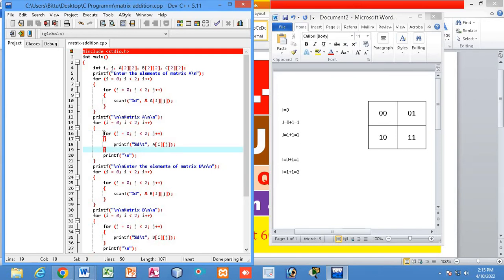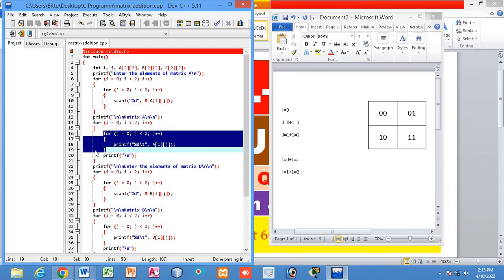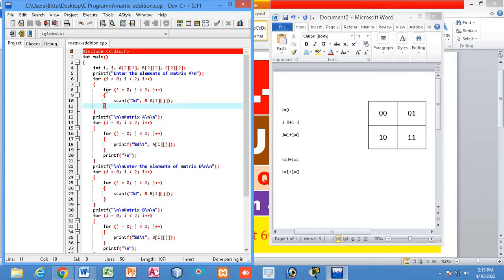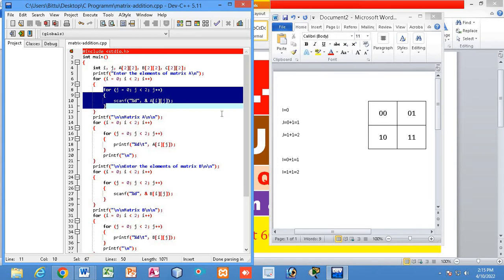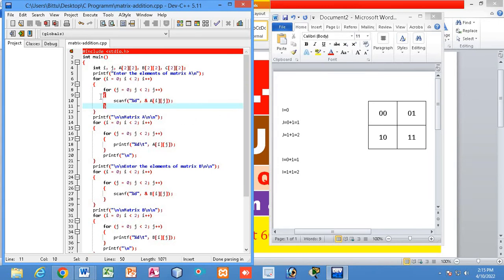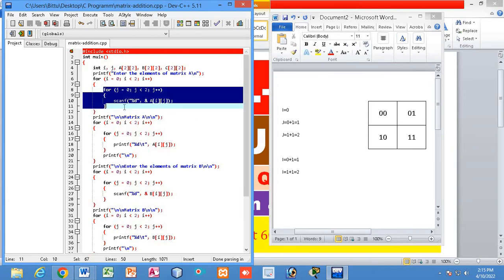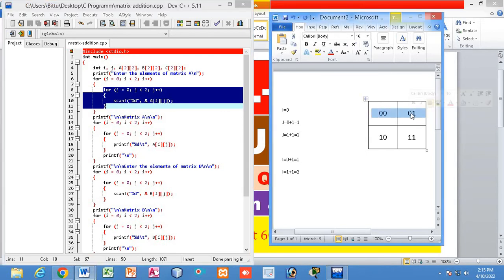Then we will get out of this loop, right? So once we get out, this row has been executed. That means this internal for loop will execute this process,